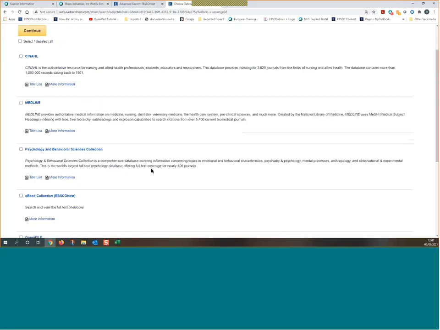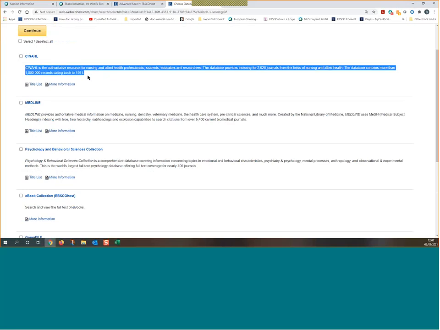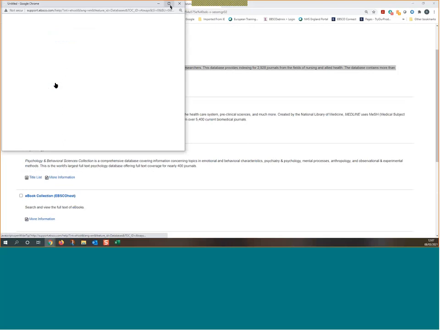So to begin, I just want to highlight, we often get questions about this, the matter of cross-searching. So say, for example, you want to run the same search on CINAHL and also on Medline, the biomedical database. So you can see we've got CINAHL Medline available. There is information on the database. If you want more detailed information, click on the more information link here, and this is the database help